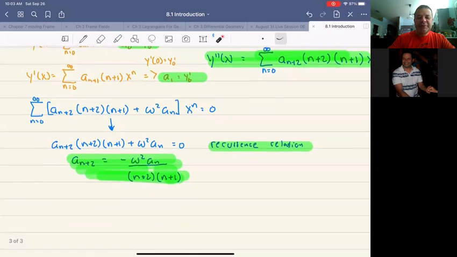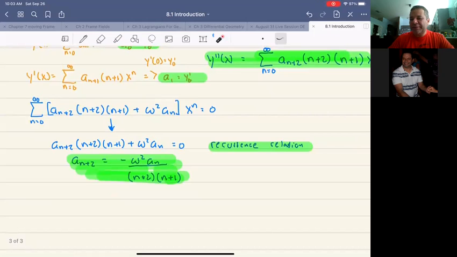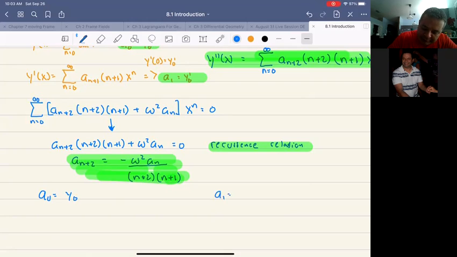Now, why do we need 2 of these things? Well, we need 2 of these things because this is actually going to skip them. So let's go ahead and start. A sub 0 equals y0, and I'm going to write a sub 1 equals y0 prime. A sub 2